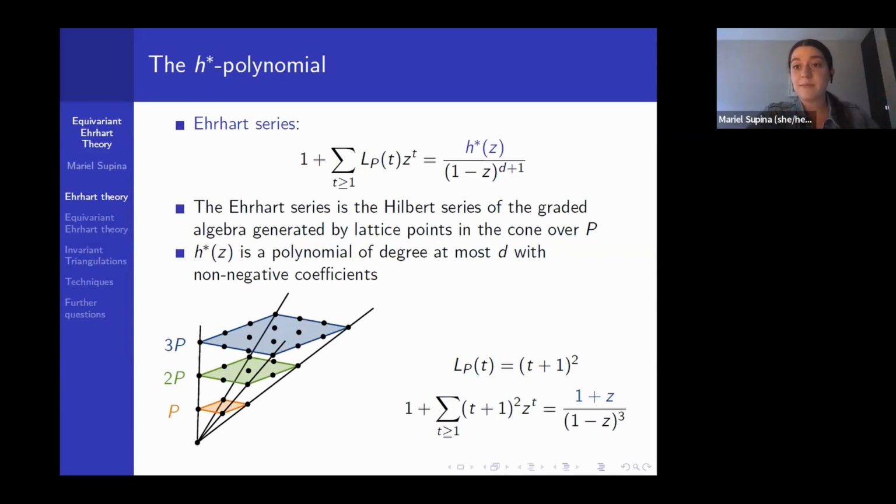So for our example with the unit square, we get that the Ehrhart series is, as I've written here on the slide, so the h star polynomial is 1 plus z in this case. If you're bored, you can check that using your Taylor series expansions. Okay, so